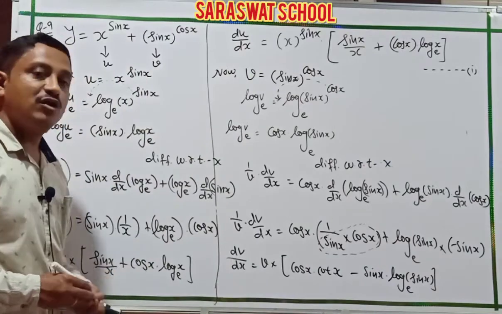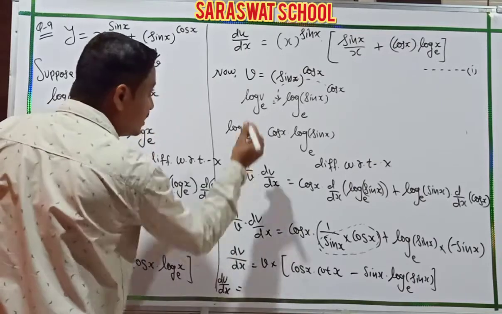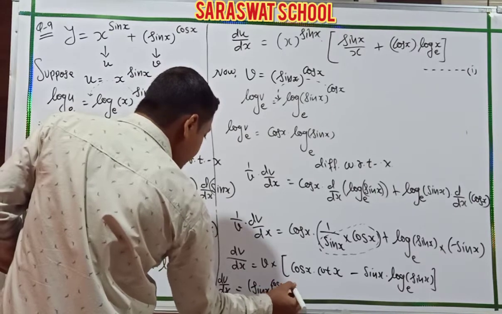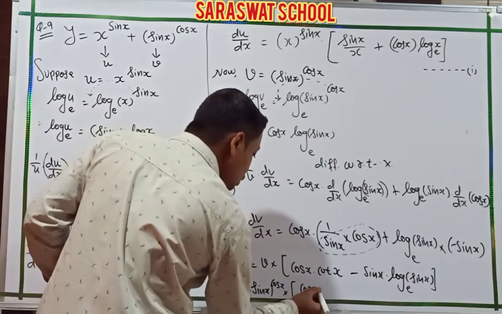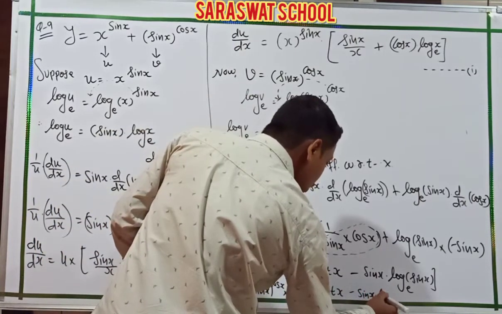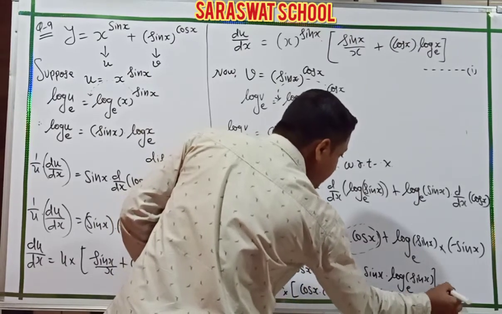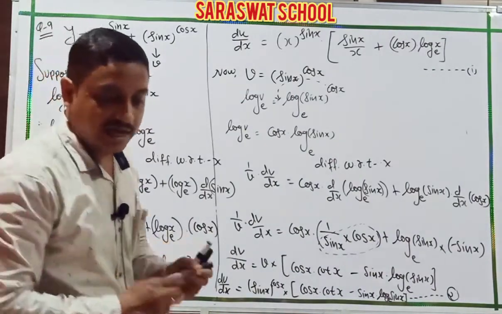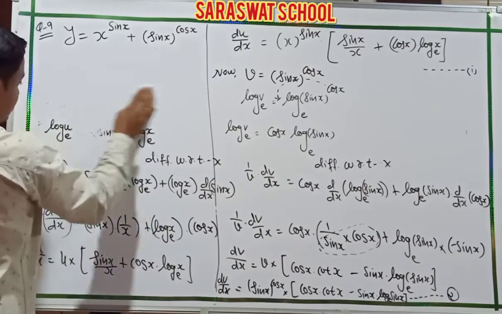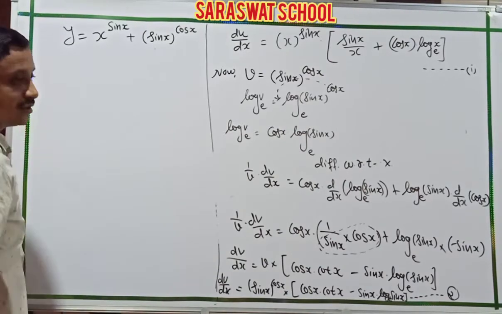Now putting the value for v. So what is the answer finally? dv by dx, v is done, sin x raised to cos x already, and the other answer is cos x into cot x minus sin x into log of sin x base e, and here taking this as statement number 2. Now, students, I am going ahead to the final solution. So what are your questions related to your value? This is your question, students.